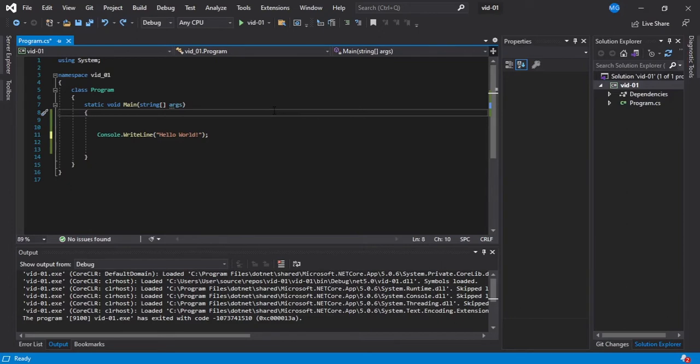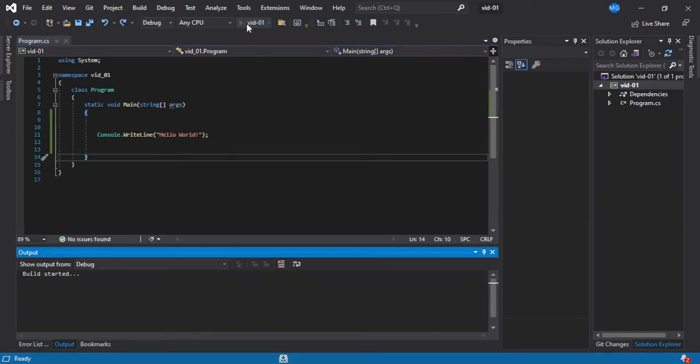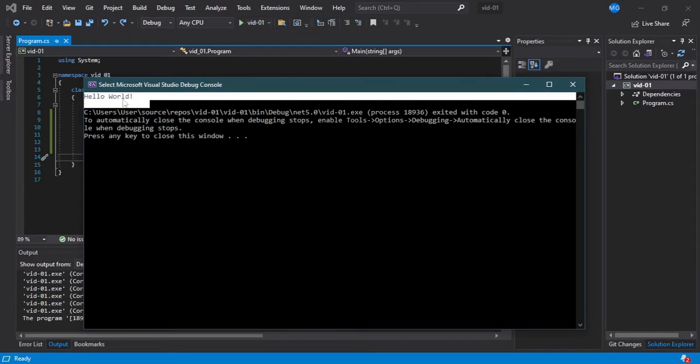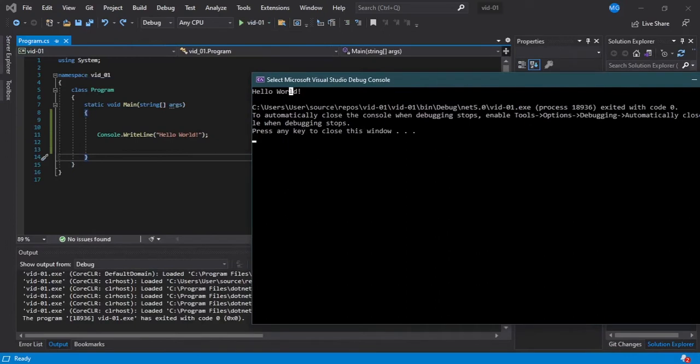First, let's see the console.WriteLine because it's already on our screen when you open a new project. I'm pretty sure all of you have the same thing. There's a hello world here. On top here, just before I explain anything, let's just see what this code does. On right here on top, there's a play button, something like a play button for debugging. I'll explain what debugging is and all this later. But let's just press this and see what happens. So when you press this, this runs the application, and this is what you get on your console. Hello world text, which you see was written here by default.